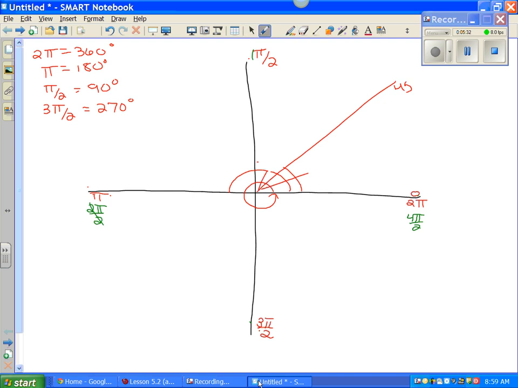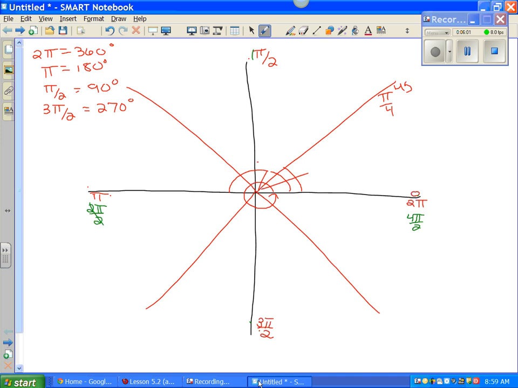So if it's halfway between a half a pi and 0, what's halfway between a half and 0? A quarter. So how do I write 1/4 as a fraction? 1/4. So this is going to be pi over 4. Make sense? A half of a half is a quarter. So if I think about breaking all of these in half,